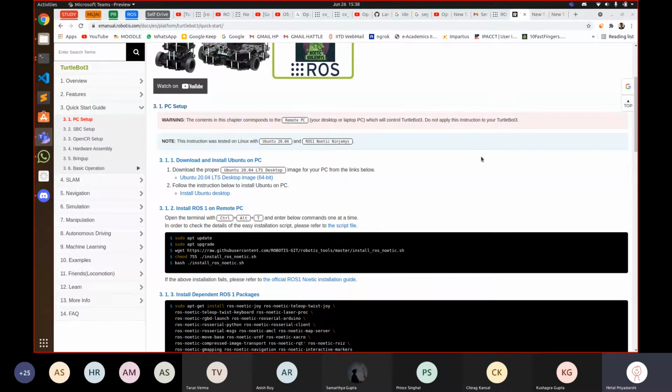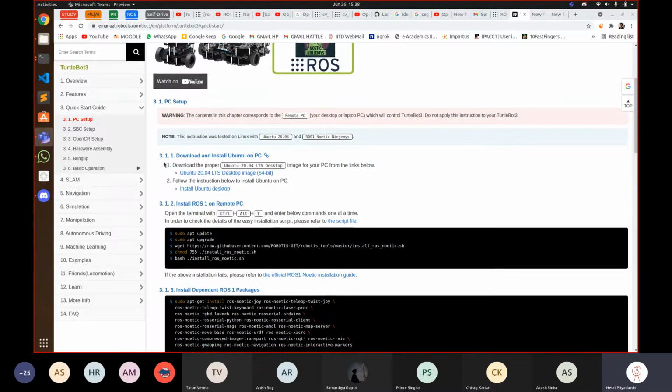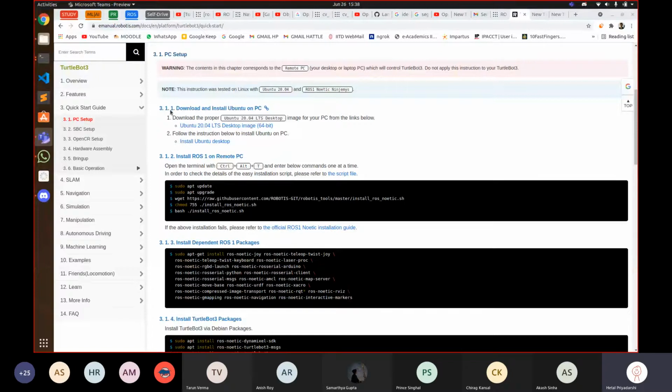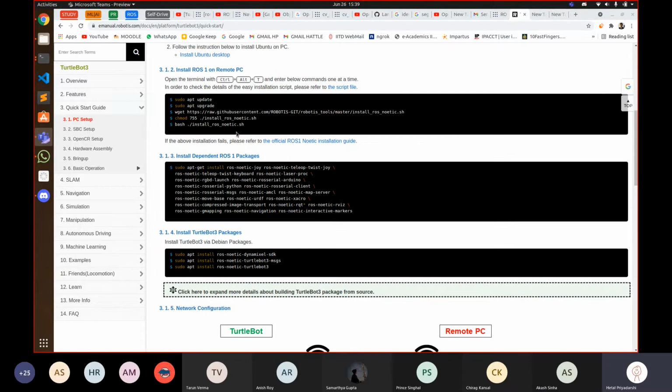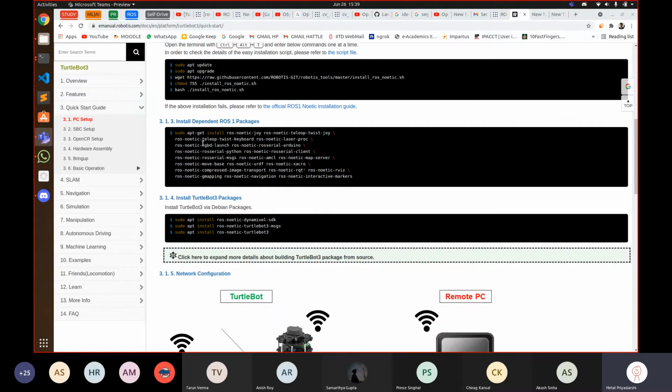So, a simple thing here is that in this you have to ignore steps 3.1.1 and 3.1.2. This is because these two steps are to install Ubuntu on your PC and ROS 1, which you have already done from the ROS website, the ROS Wiki one. After this, you have to directly start from 3.1.3, install these dependent packages.